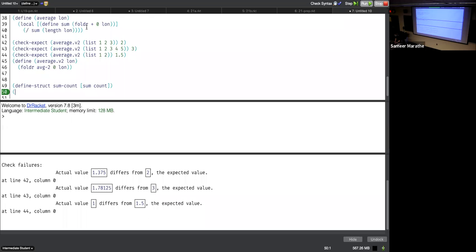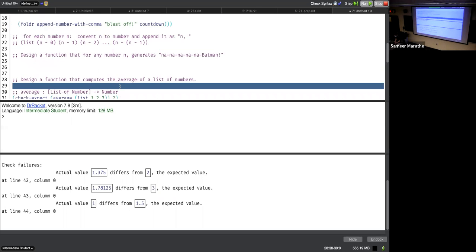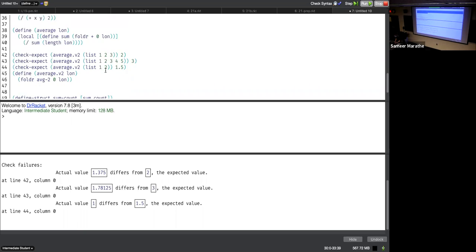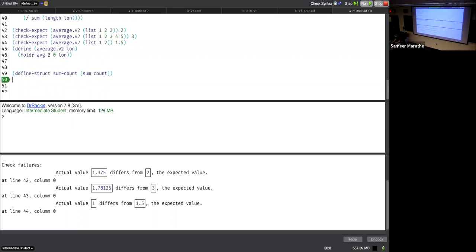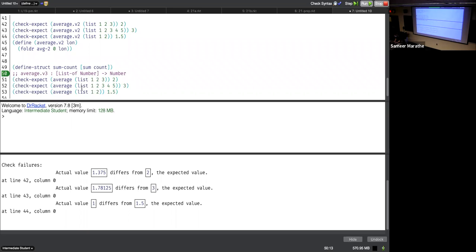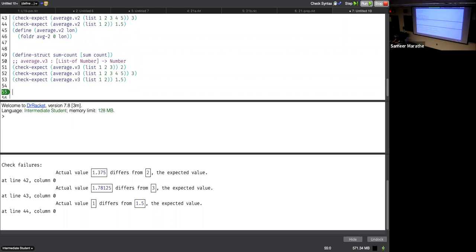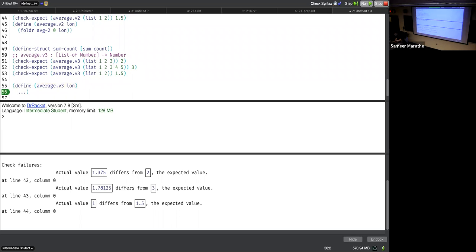Okay, and again, I'm defining average v3. So what we want is actually to go through the list once, accumulate the sum, and